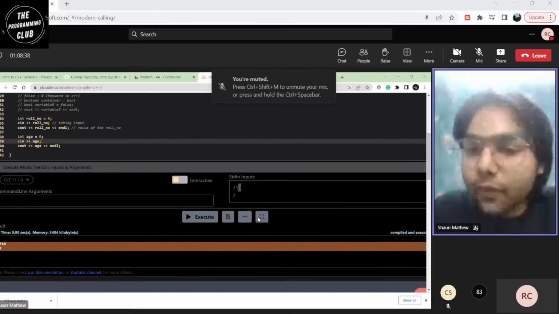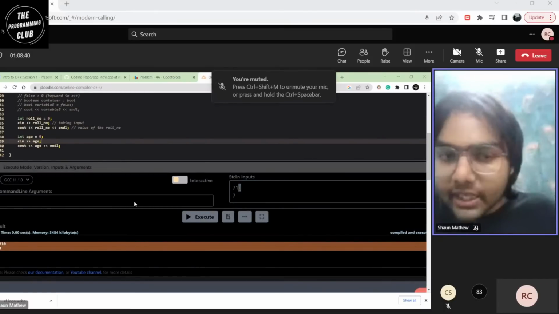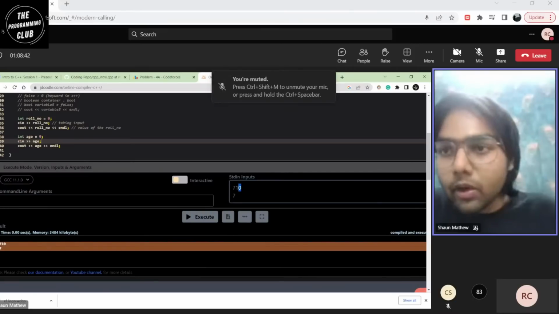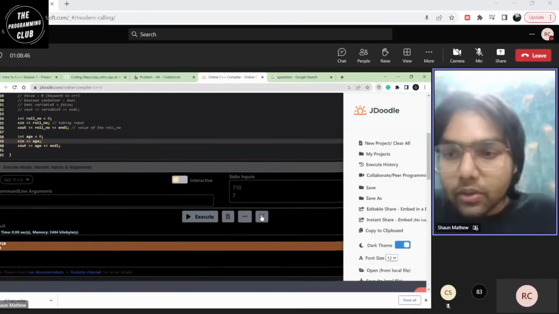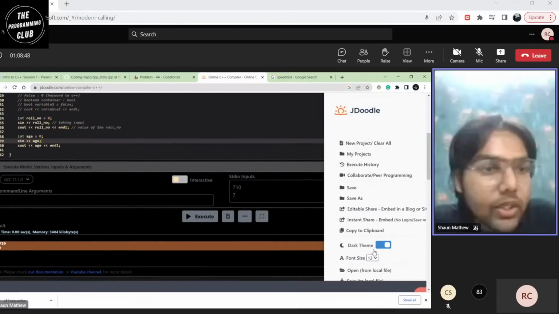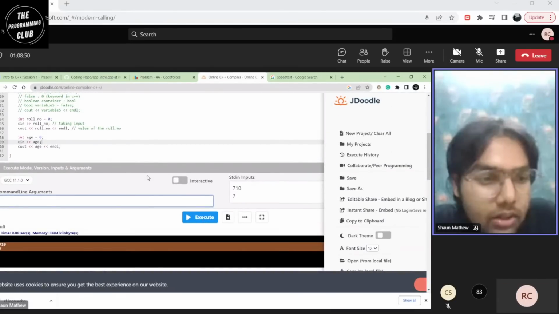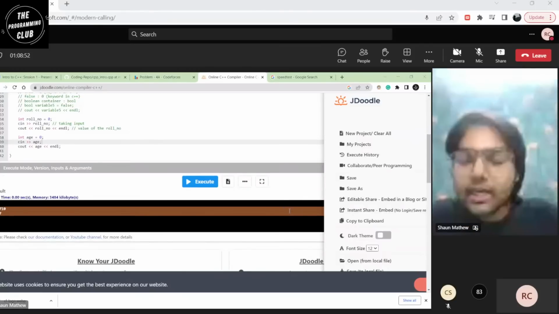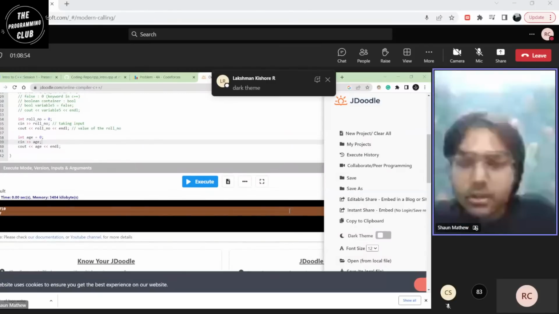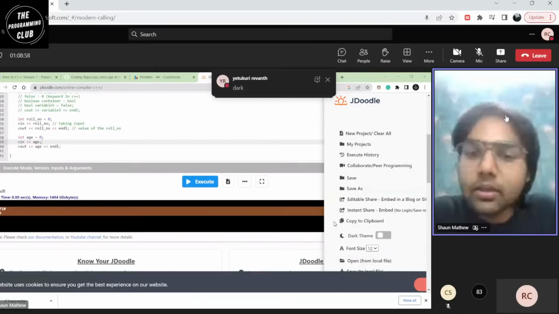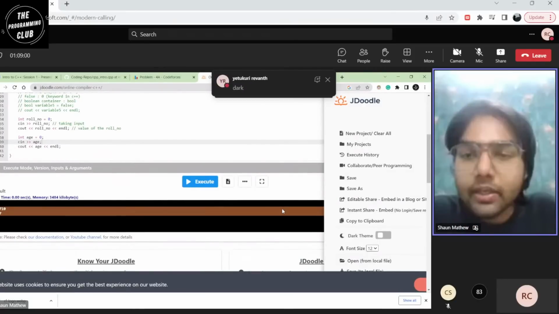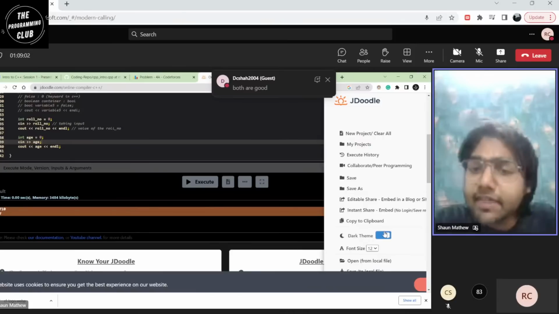Okay, one question for you guys. Is it okay if I present it in dark mode, or do you want me to switch? Because I feel that some of you are not able to see it properly. Which one's better? I would like some comments because I'm not sure. If it's not visible, dark theme is better. Okay, fine. So I'll just go with dark. You guys understood stuff, right?